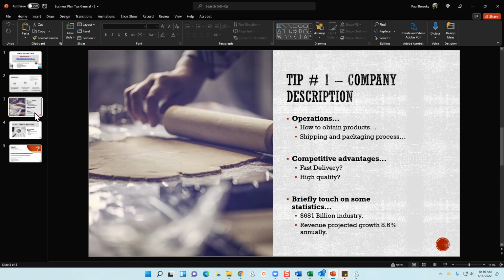Let's talk about your e-commerce business plan. So tip number one when writing the company description section for your e-commerce business plan is to talk about, obviously, your operations. There are so many different ways to structure operations depending on what you're selling. If you're selling widgets or hair bows, then you're going to structure your business model one way. However, if you're writing business plans and selling business plans or business plan templates online, you're going to structure your business model as well as your operations in a different manner.